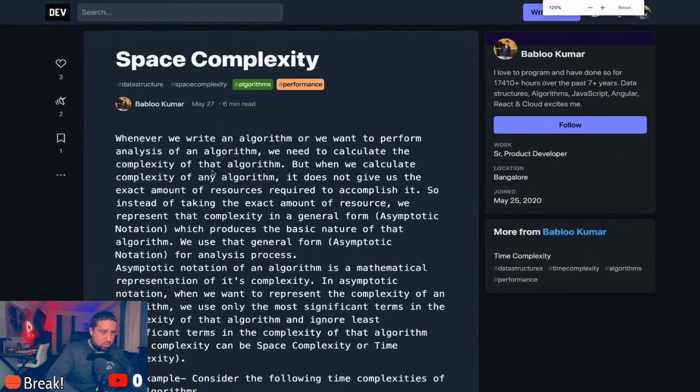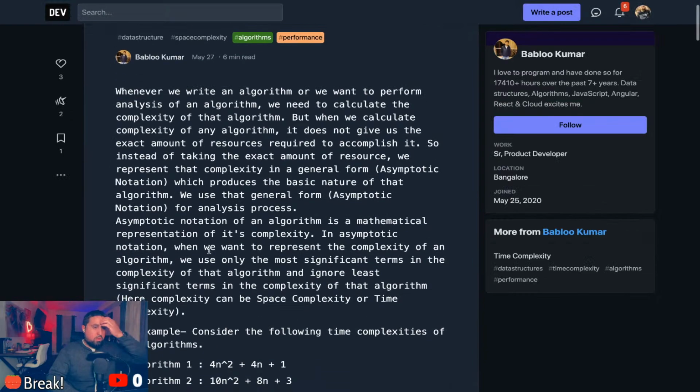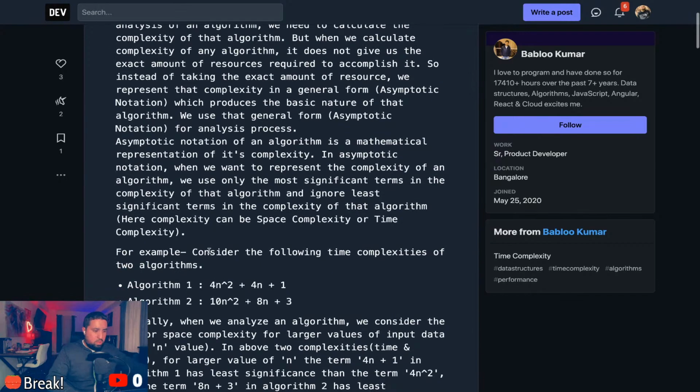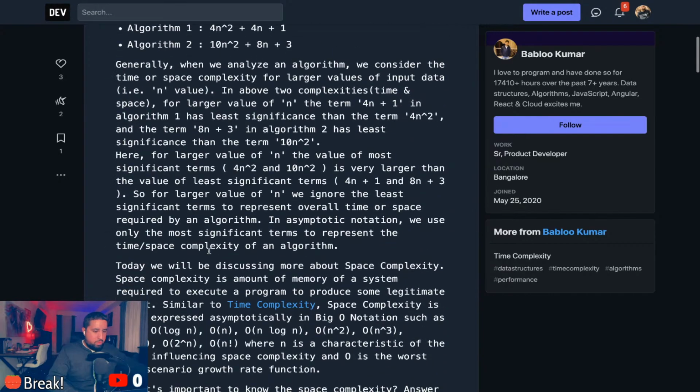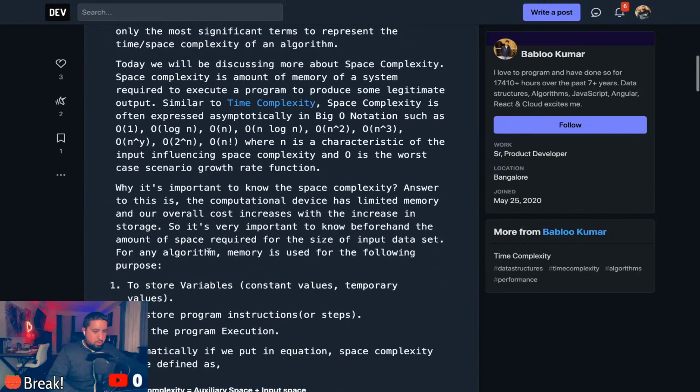Space complexity. Let's try this one. Whenever we write an algorithm or want to perform analysis of an algorithm, time.